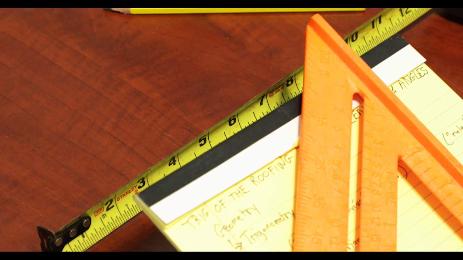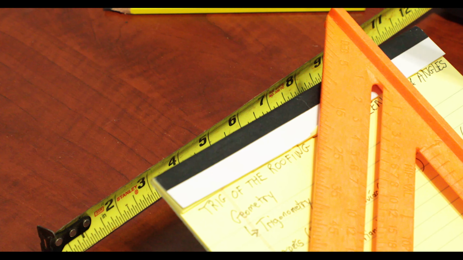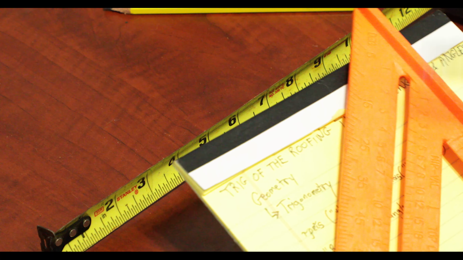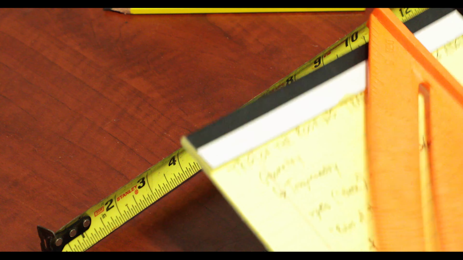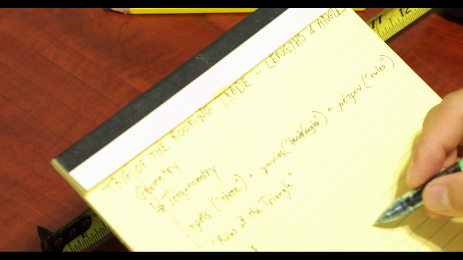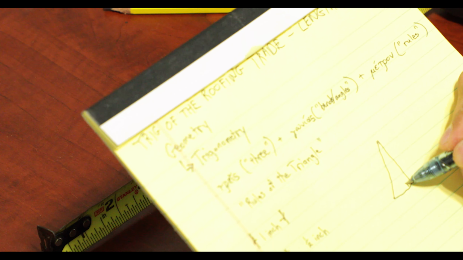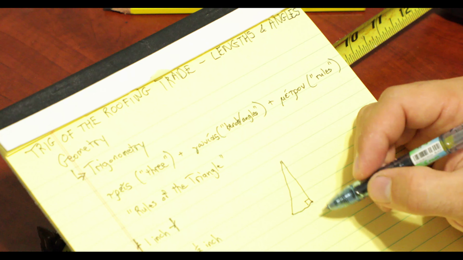So if you know that that's like 4 feet, and you know that one's going to be 4 feet, and that one's going to be whatever. If you know that that's a 45-degree angle, which we do because it's a speed square, so 90 degrees there, 45 there, 45 there. A lot of times your right triangles will have one side that's different than the other, but it'll still be a right triangle. So one angle that's 90 degrees, and then let's just say that this is